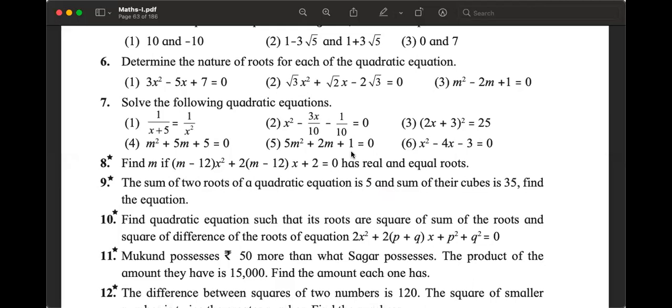Okay, so be it. Roots are not real, that's fine. But using the formula method, the discriminant method, we can still find the roots. We will say, yes, they are not real, but we can find the answers. We will not say not real. We will find the answer, and in our answer, we will have the square root of a negative number, because the discriminant will be negative. The discriminant will be less than 0.